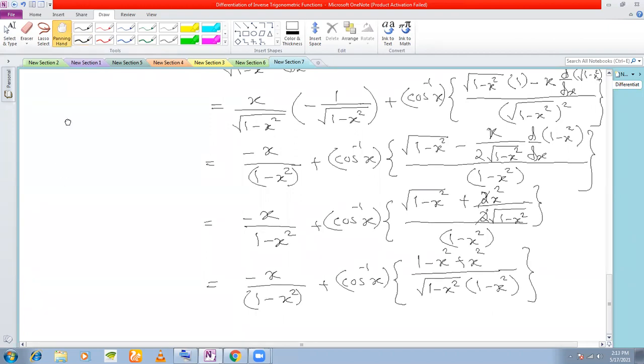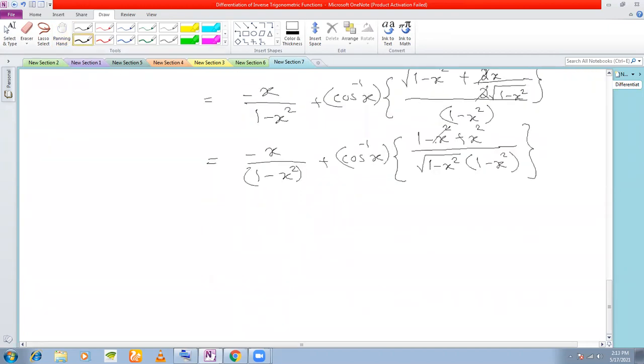Okay. So now what can you do? Here x square and x square are going to cancel. And now you can take 1 by 1 minus x square common. Or better, you take minus 1 by 1 minus x square common. What is left? You're left with x plus x cos inverse x. Now it should be minus x because you are introducing a bracket. It should be divided by minus root 1 minus x square. That's your answer. And the last one.